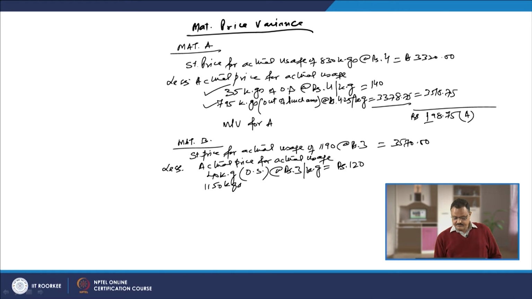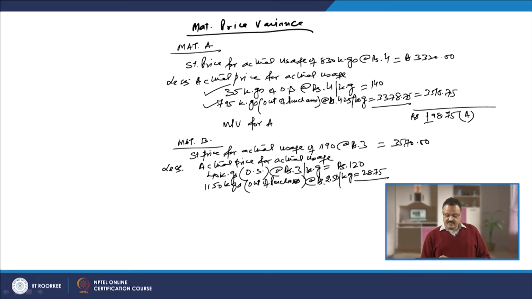1150 kgs out of purchases at rupees 2.5 per kg. This will work out as how much? It will be 1150 into 2.5, this will work out as 2875, right. So, these two figures we will take together here, and the final value will come up here as,